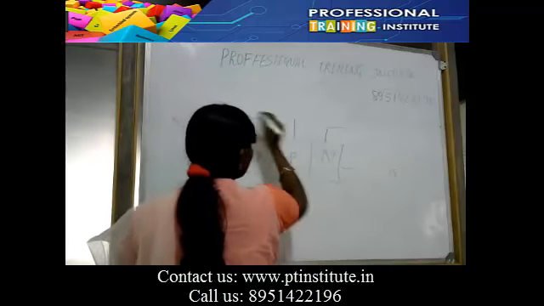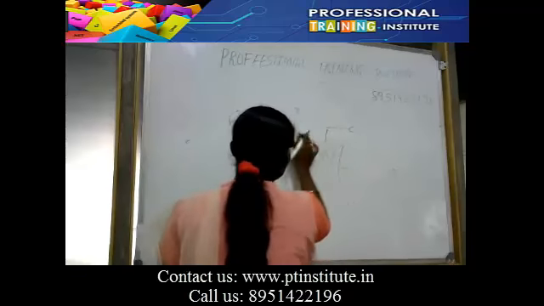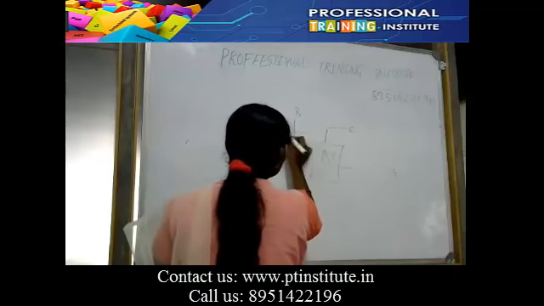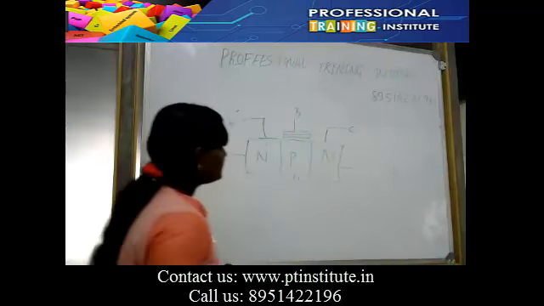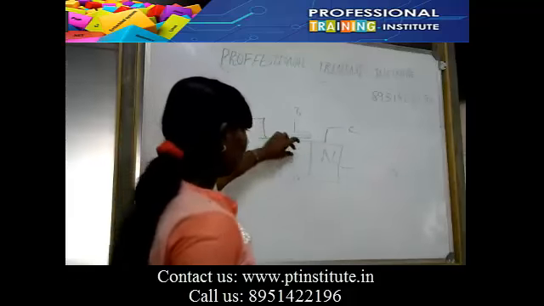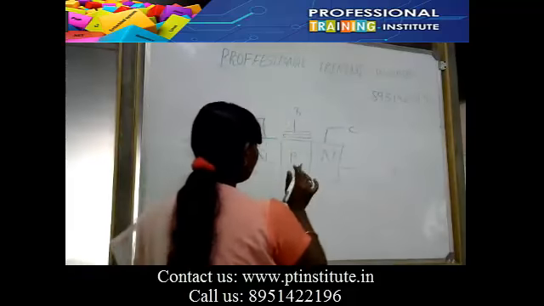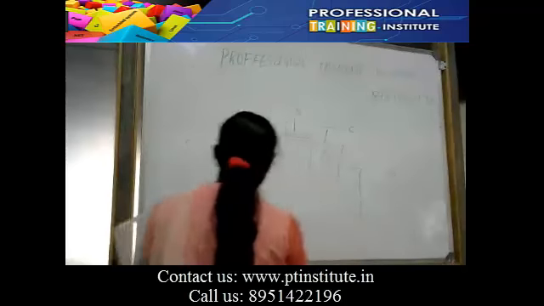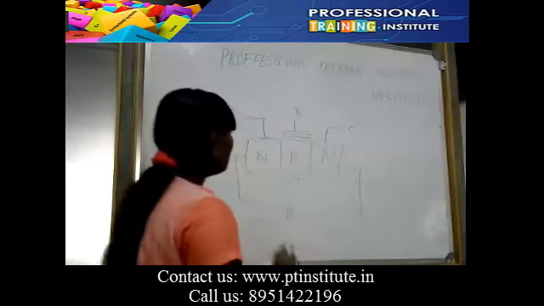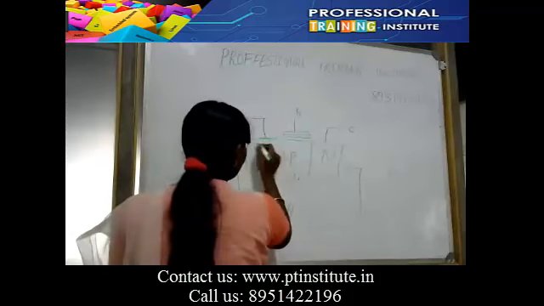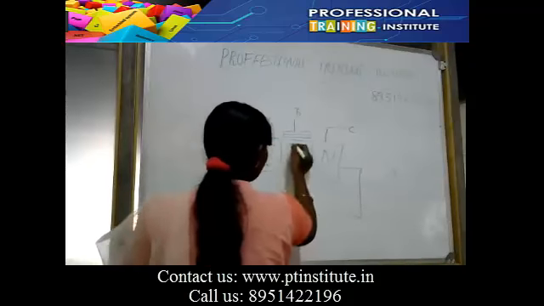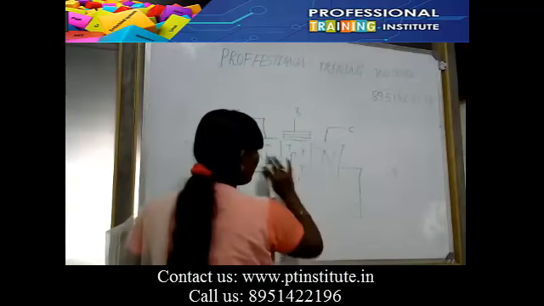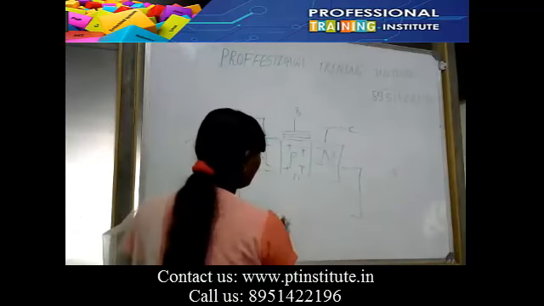This is emitter, this is collector, and this is base. This is made up of an oxide layer to protect this base, and when we apply the current or some voltage, what happens? Here we have negative charges and here positive, and here negative. Before applying voltage, all are fixed.